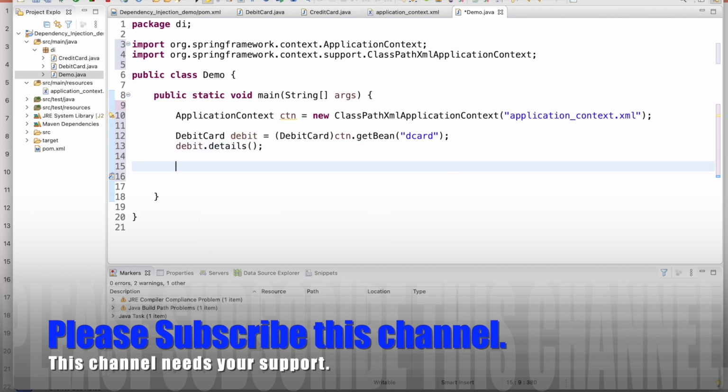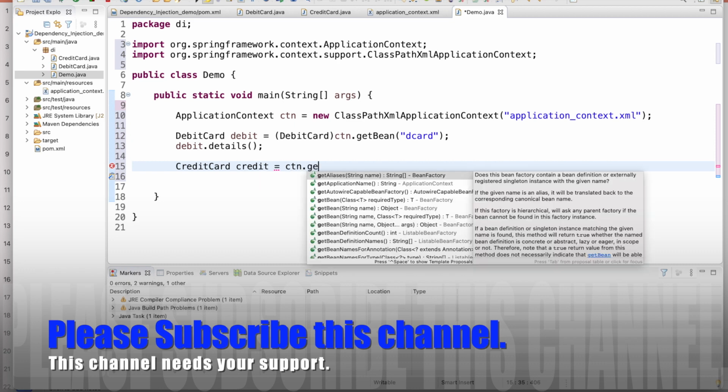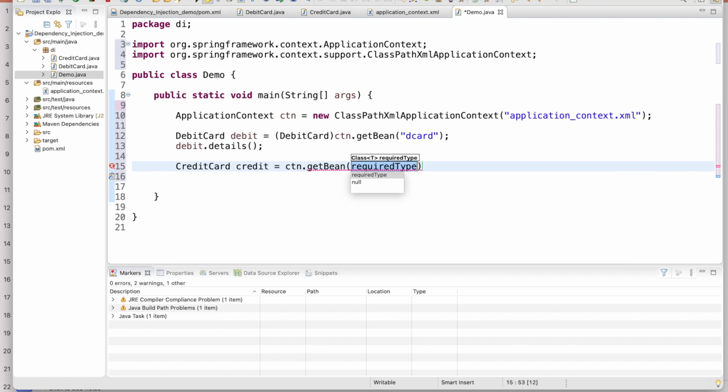Let me do the same for the credit card. And here you have to give the card. Either you can typecast, or otherwise you can also pass the credit card class. Both ways it will work.